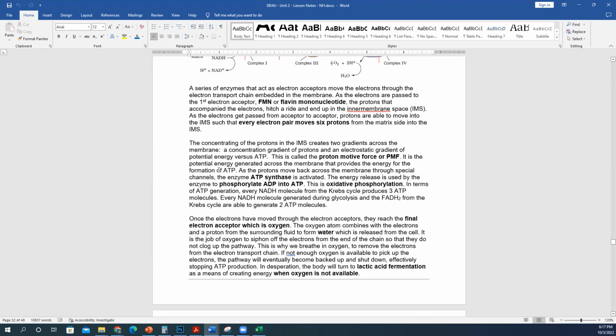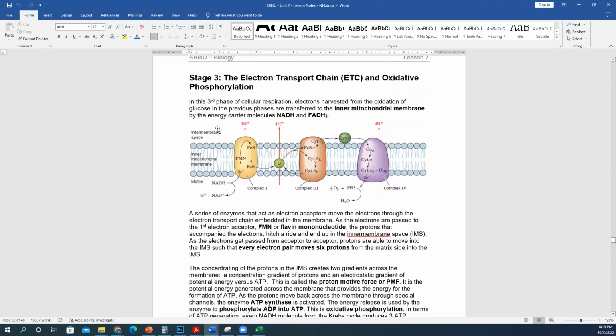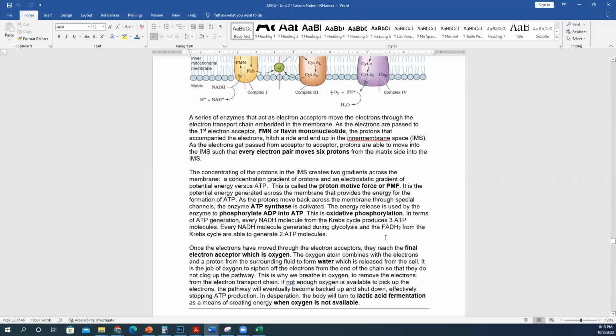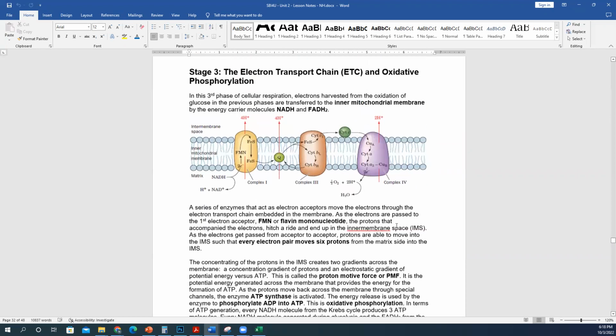So finally, the concentration of the protons increases in the intermembrane space, creating a gradient across the membrane. A concentration gradient of protons and that electrostatic gradient of the potential energy, this is called the proton motive force,